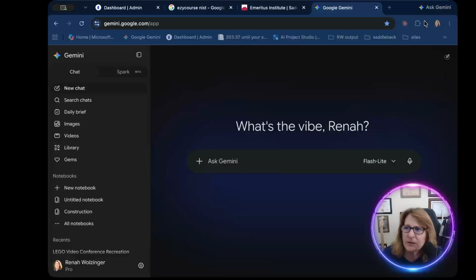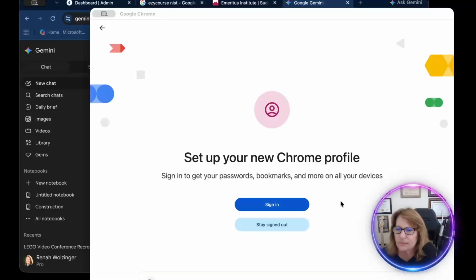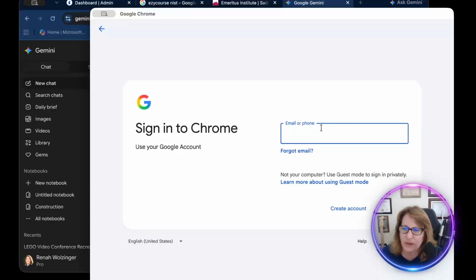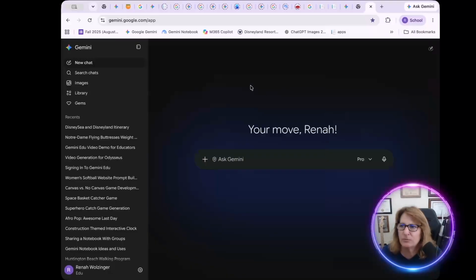So the idea would be to click on my profile, and if I want to add another profile, in this case I'm in Chrome, I'll just click Add Chrome Profile, sign in with a different account, and it'll make a new profile. So now for your new profile from whatever browser you're using, you can set up a new profile, you sign in, use your school email and password, and it'll generate another profile. Okay, so I have a new profile. I can see my old one there, my Gmail and some others, but I have a new profile for my